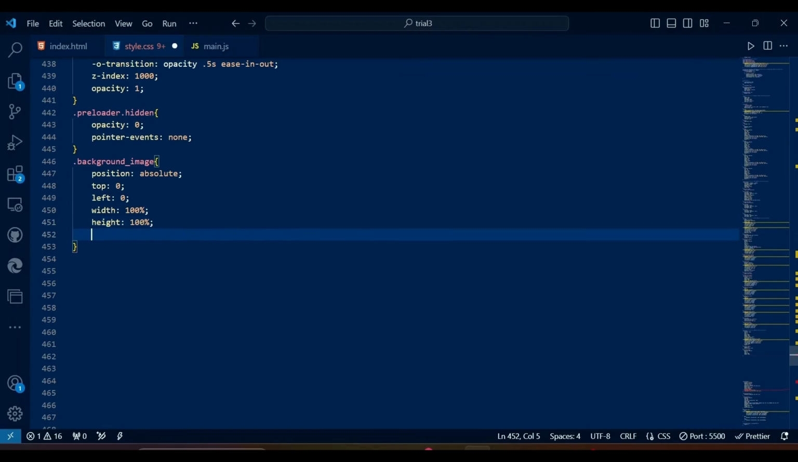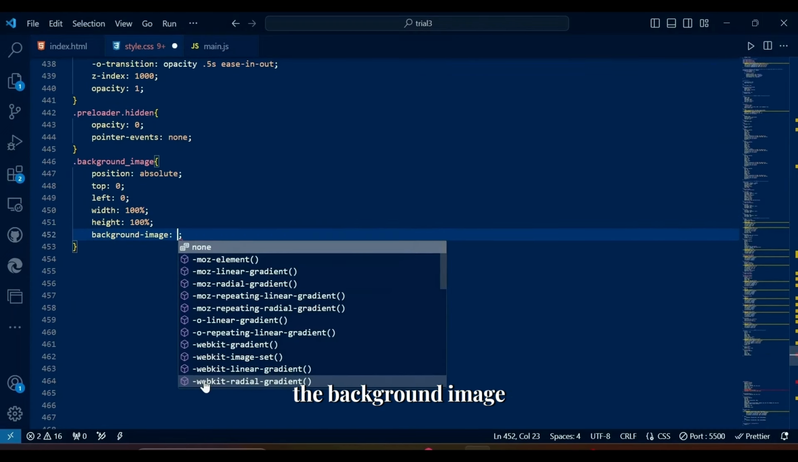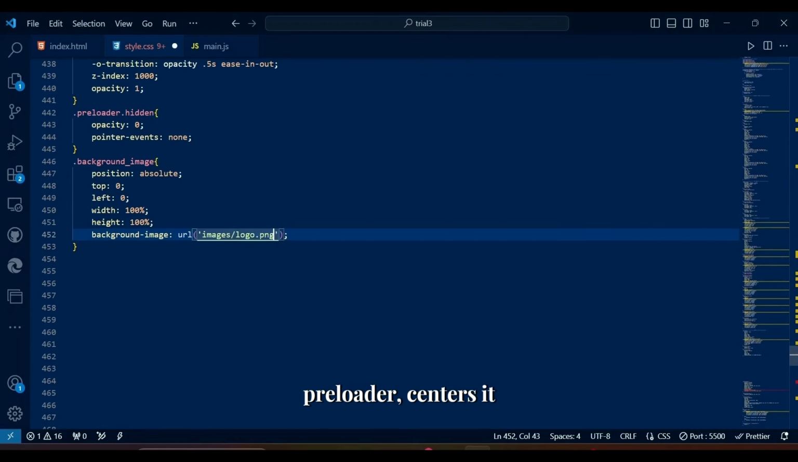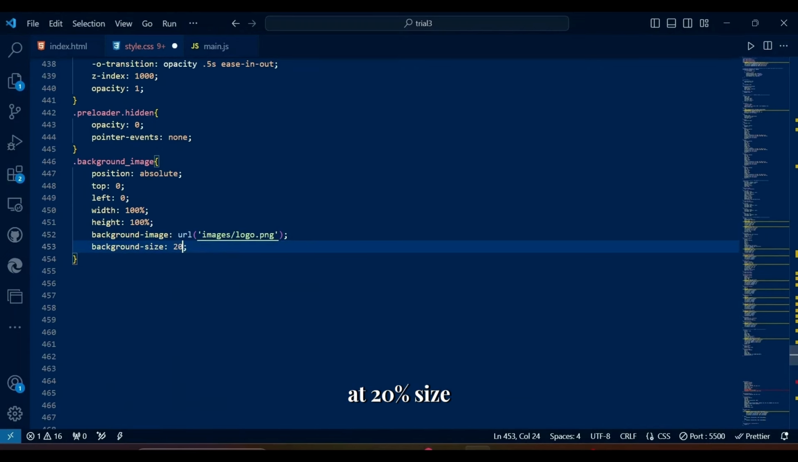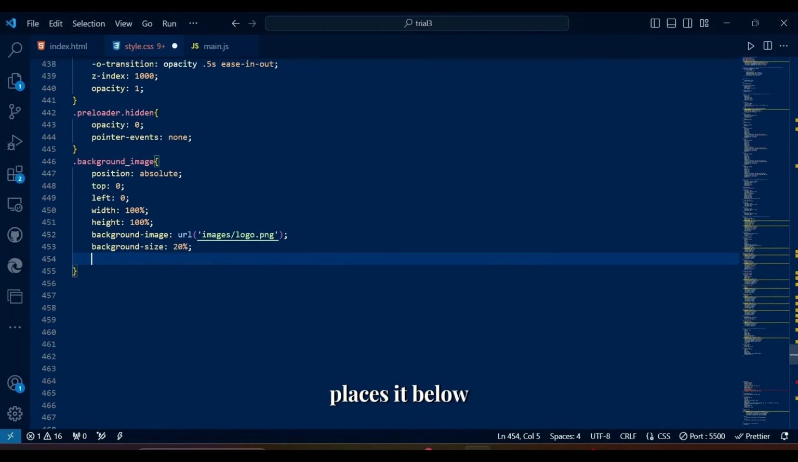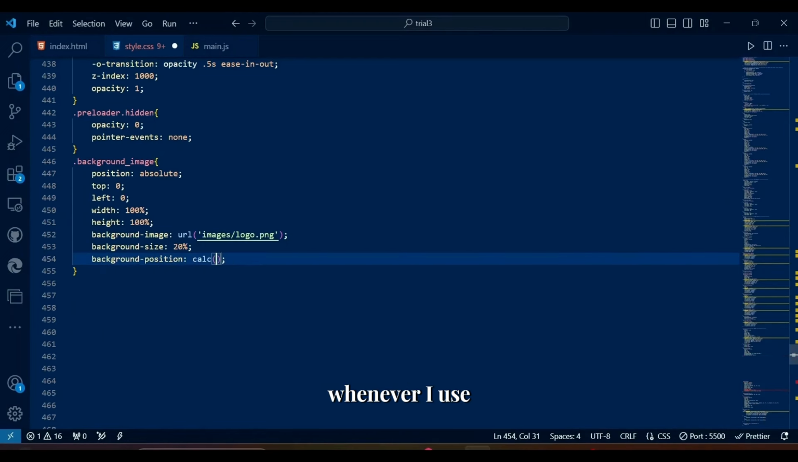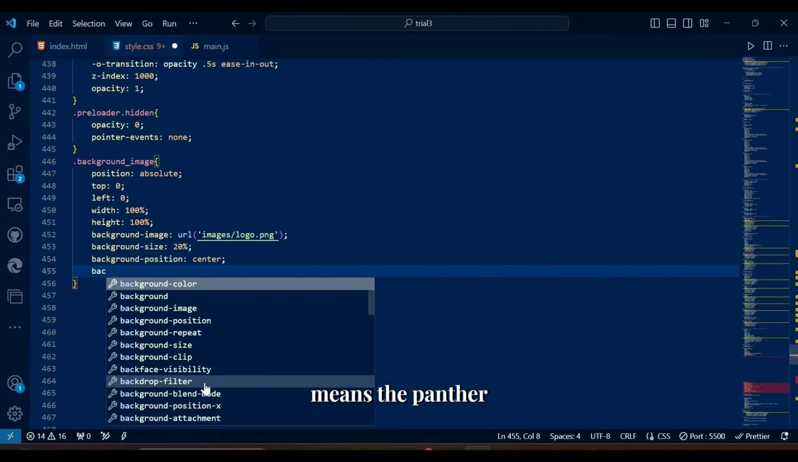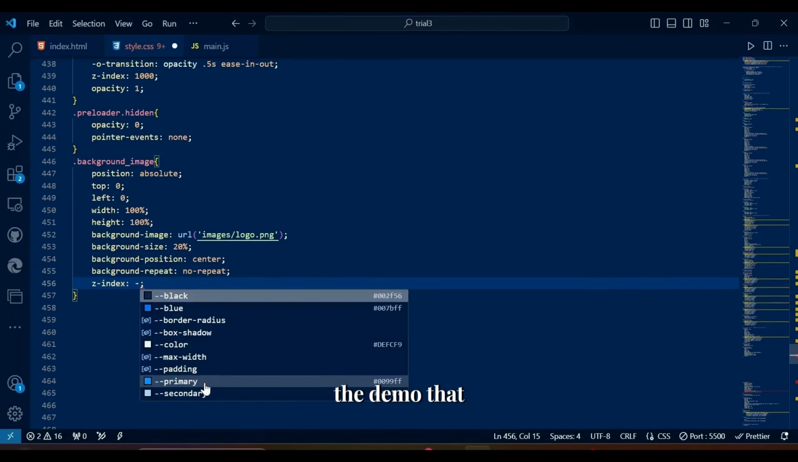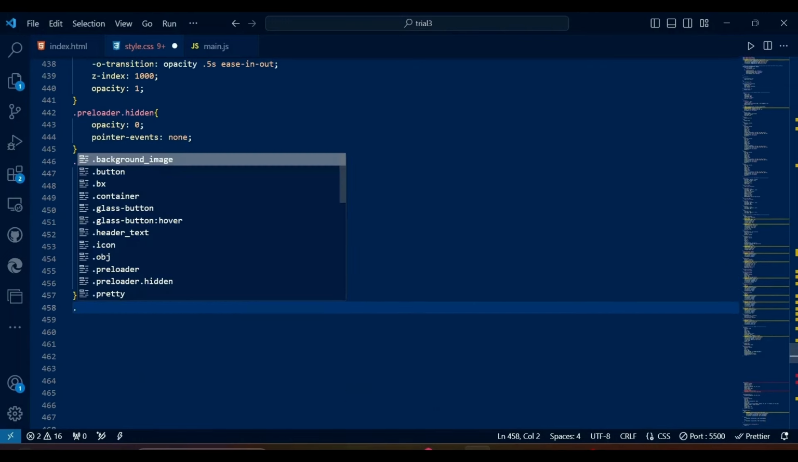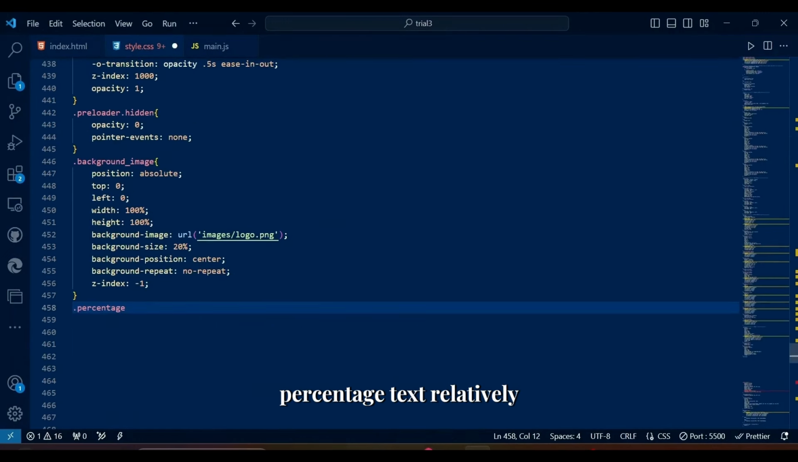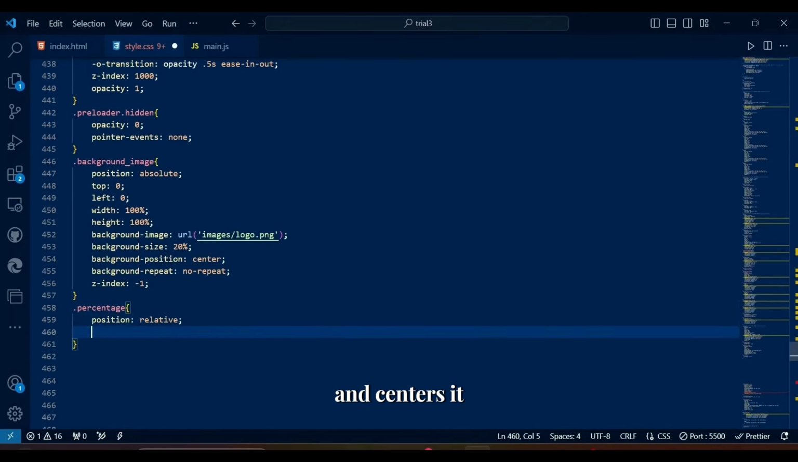after preloader. Here, we position the background image absolutely within the preloader, center it at 20% size without repeating, and place it below other preloader content with a negative z-index. Whenever I use the logo image, just know it means the panther you saw in the demo that I basically picked from Canva. Percentage positions the percentage text relatively and centers it vertically within the preloader and ensures the text